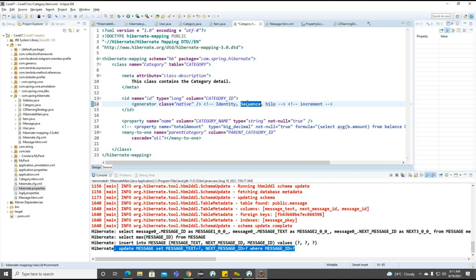So what about this sequence here? This sequence will try to increment the value one by one. Based on that, we are going to have one sequence generator in Hibernate here. We'll see how this sequence generator is going to work. Okay, so these are the generator classes we need to focus on. Now, once we are familiar with generator classes here, we need to focus on the object model.